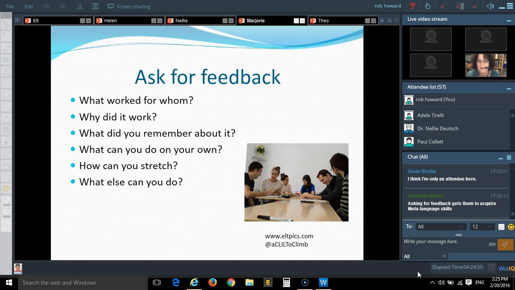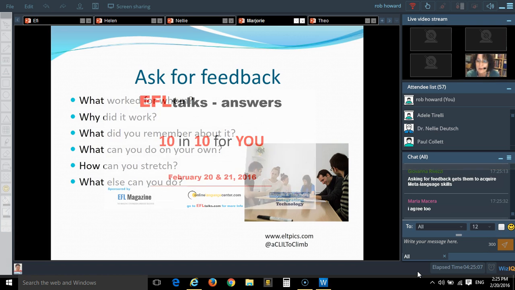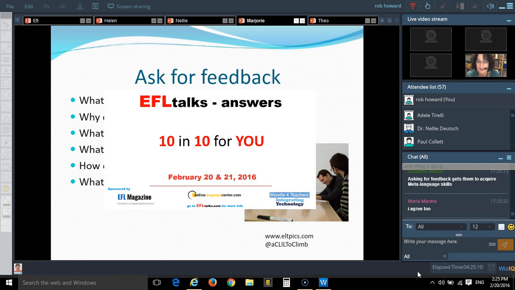Yes, I agree, Giovanna. Gives them meta language skills. In the classroom, we need to mix and match, and don't be afraid to do things because they are not your style. Probably the most important for the teacher